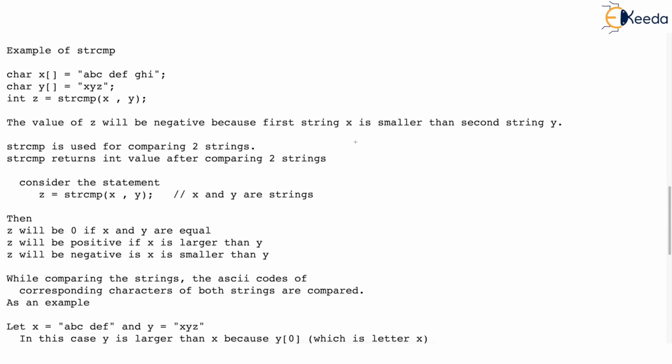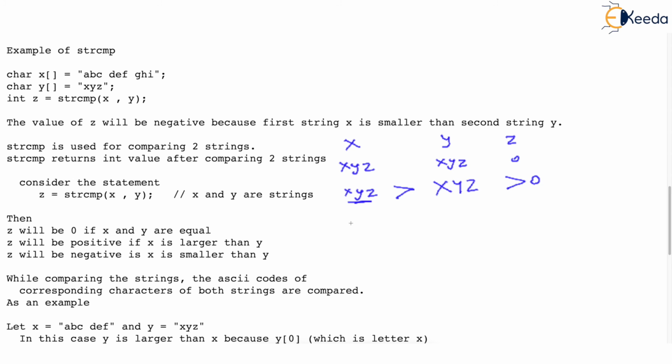Let's check it again. Suppose x, y. First question I asked you is xyz, xyz. Both strings are equal, so z is 0. What if we have small xyz and capital XYZ? Now in our world, these two strings are equal. I mean, small Abdul and capital Abdul, both are equal, isn't it? Whether written in small letter or capital letter. But in computer, it is different because ASCII codes are different. And you know that Z will be positive because x will be greater than X.